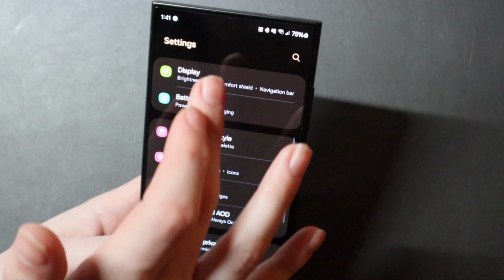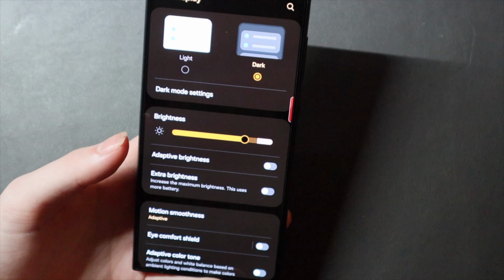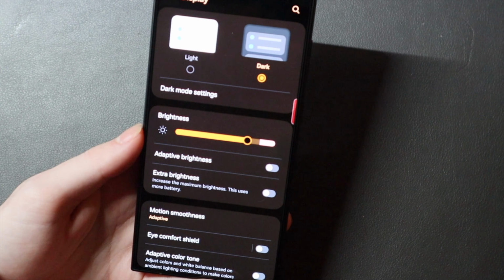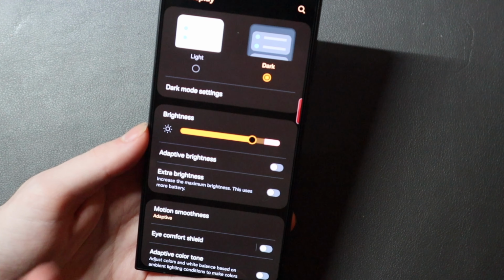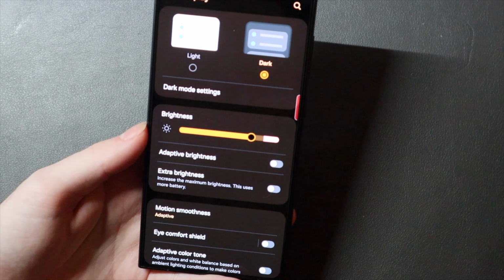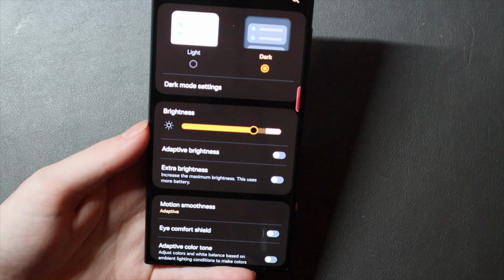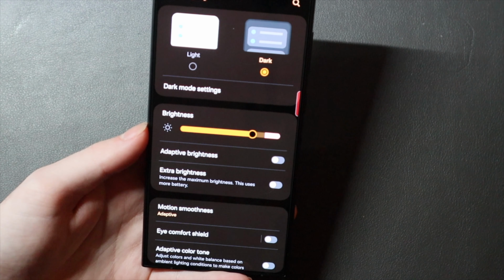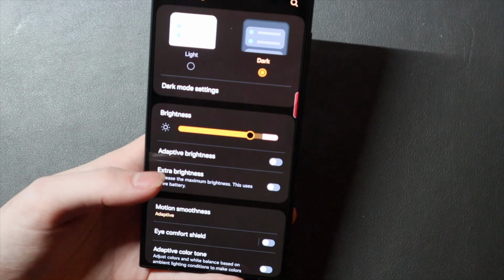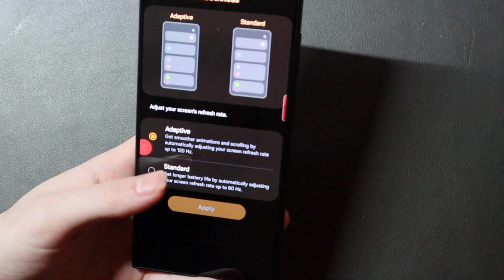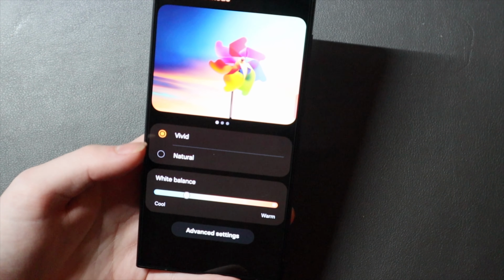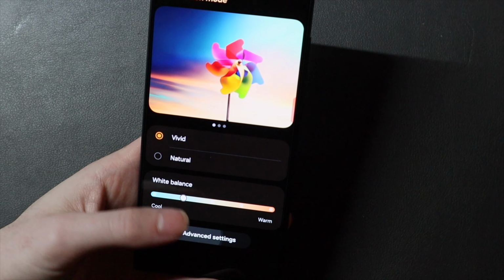So we hop into display here. This is where the biggest change, in my opinion, is. This is the one everybody was waiting for since receiving their S24 Ultras and having that screen that just wasn't as vivid as the previous models, like the S21, S22, S23. They did change this here, so if we go into screen mode and you have vivid selected, there is now